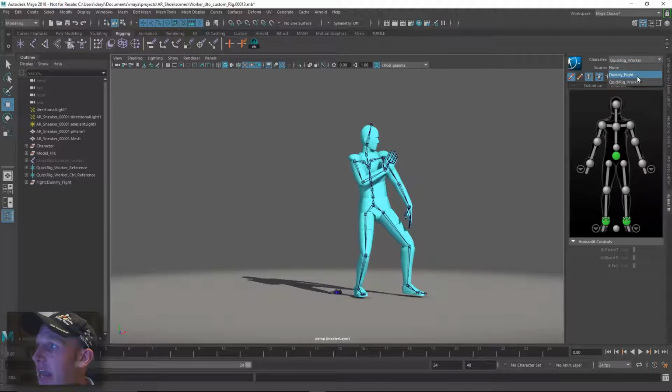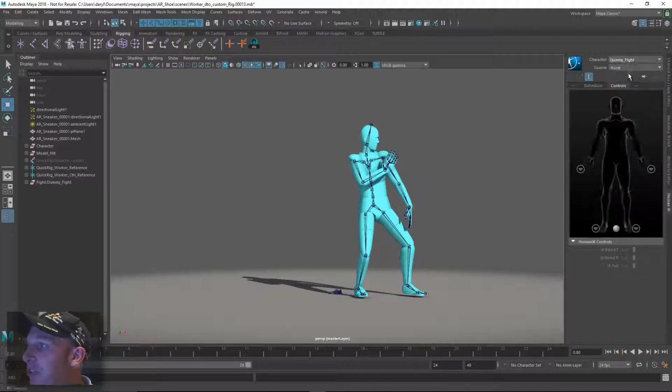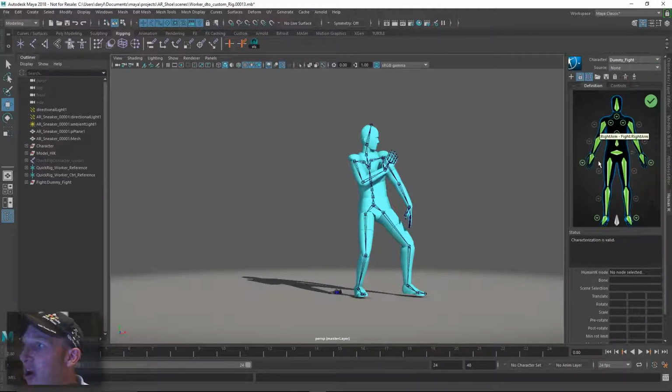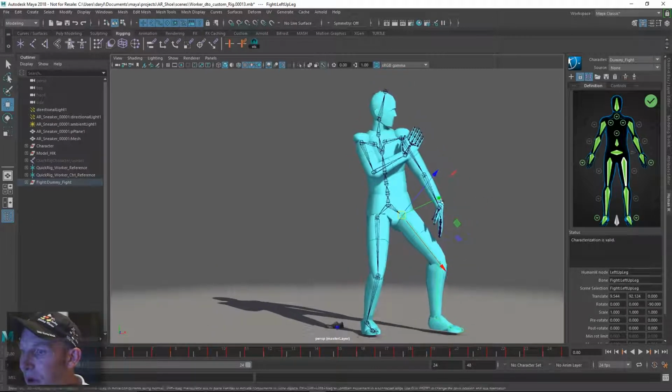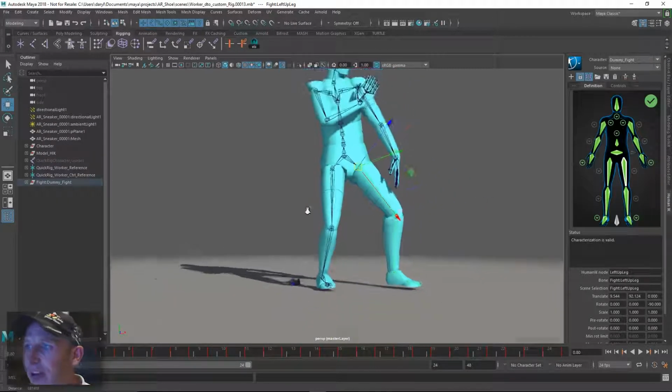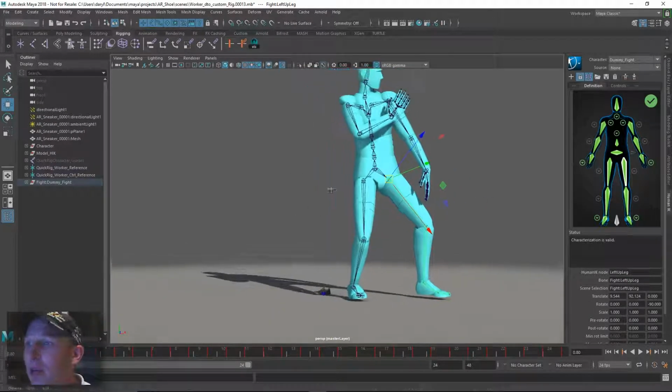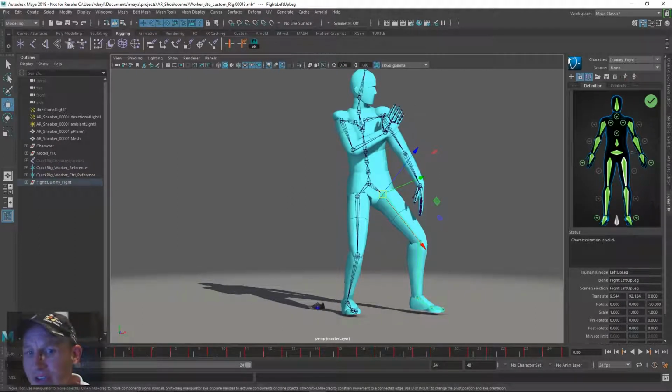We have the dummy fight and the quick rig worker. If we jump over to the dummy fight, you can see that it also has its skeleton definition filled out. As I click through these little icons here, you can see that those basic bones or joints have been defined. So that's pretty straightforward. What we want to do is take the animation that's on this guy,